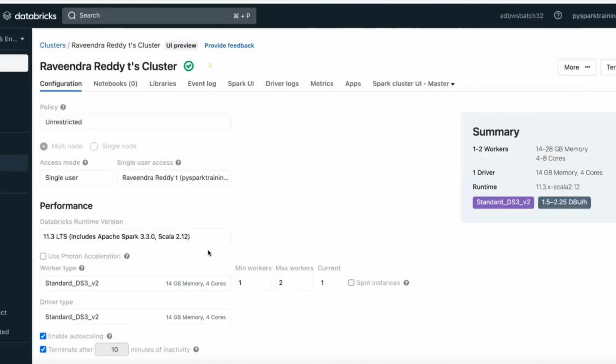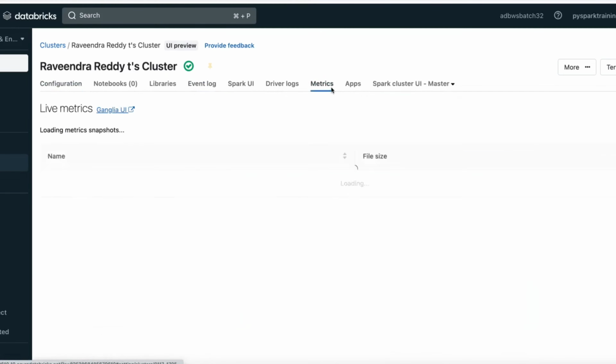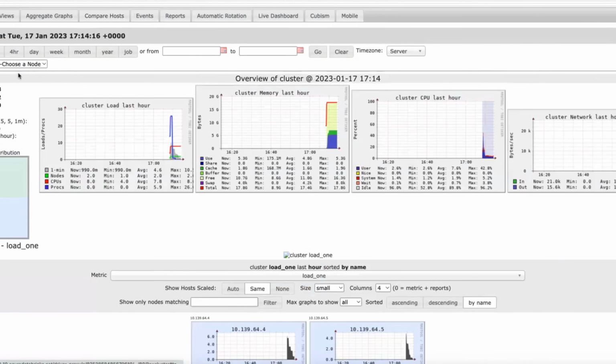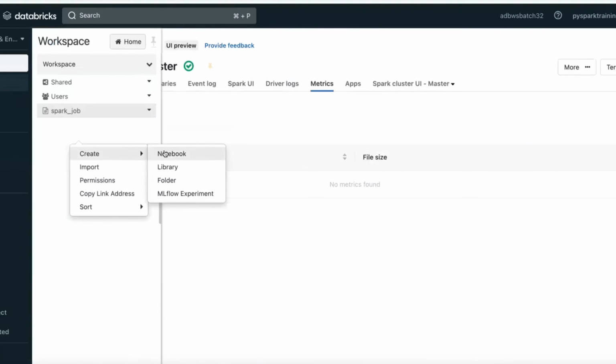Now if you verify, 2 nodes are available: one driver node and one worker node, with another worker node which you can go with on demand basis. That you can go and verify in metrics. There is a Ganglia UI available. You can verify how many clusters are up. Total 8 CPUs are available, all virtual CPUs. 2 nodes, one driver node, one worker node, with those IP addresses. Okay. And now, if you go to create any notebook,